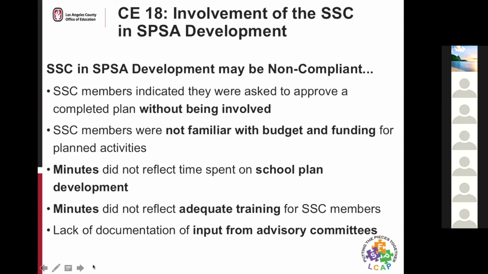So it's important that we understand all of the legal requirements, that we have the policies and procedures in place, and that there is oversight from the district level to monitor and make sure that all of these pieces that we have covered today are in place and that they're being monitored and evaluated for effectiveness.